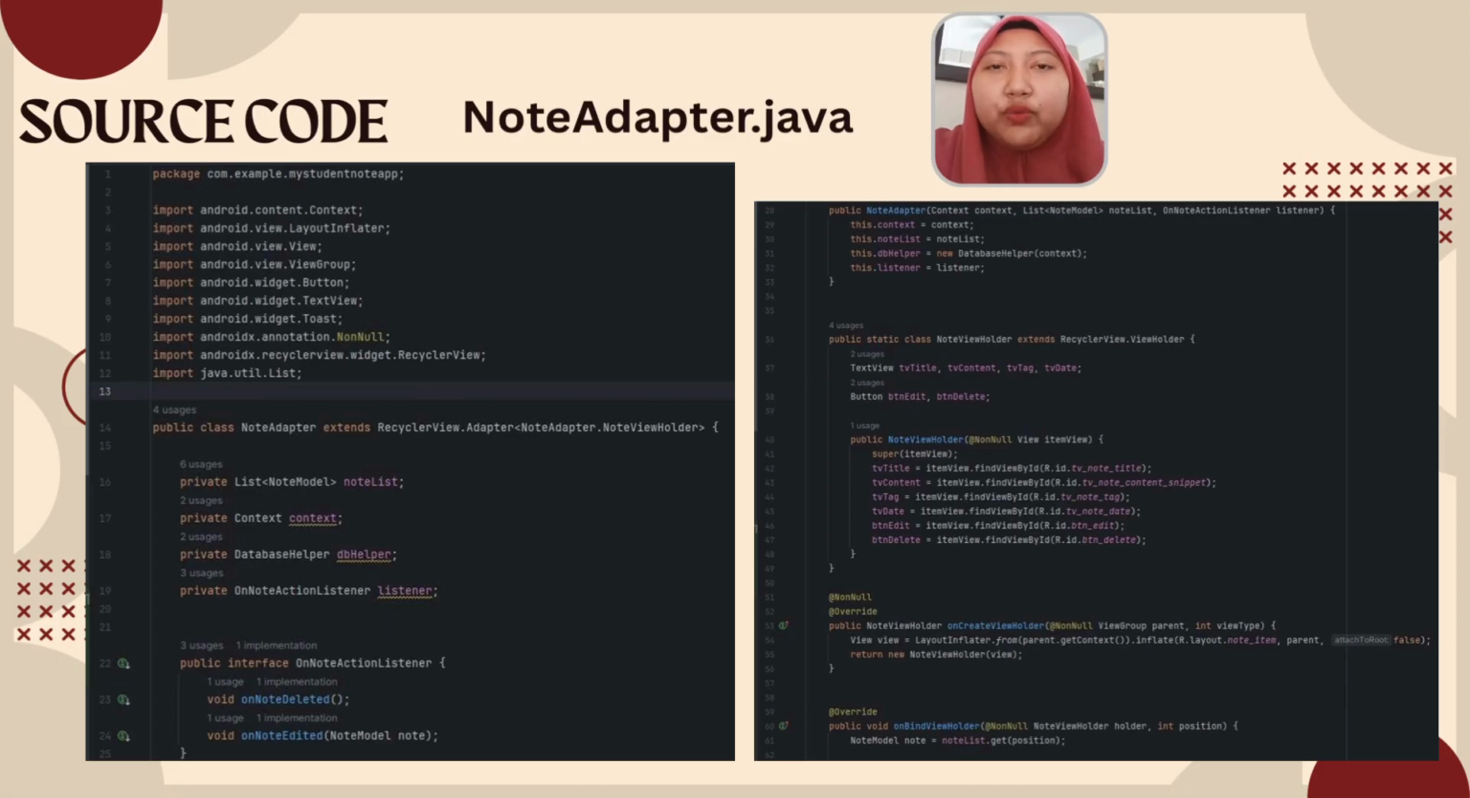Now we move to the notes feature, starting with NoteAdapter.java. This class bridges the note data, noteList, with the RecyclerView to display the list of notes. The adapter uses a NoteViewHolder pattern to manage individual note item views. It maintains a list of NoteModel objects, noteList, a DB helper, and an OnActionListener interface. The OnActionListener interface defines methods like onNoteDelete and onNoteEdit(NoteModel note), allowing the activity to react when a